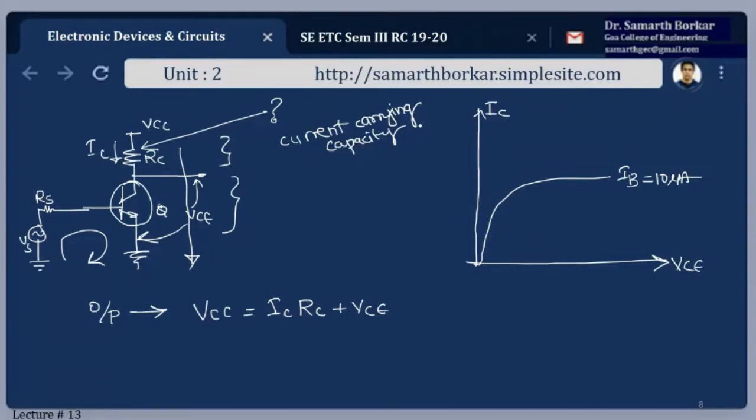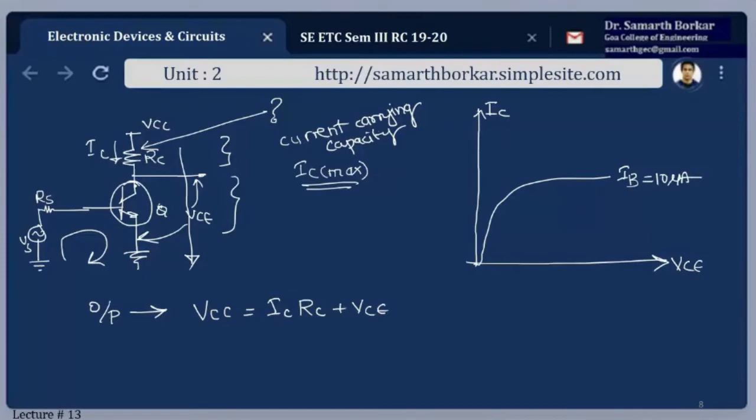Fine. How much current a particular transistor can handle is specified in the datasheet, and it is given as IC max. So this is another important parameter while choosing a transistor for designing any project. What should be the IC max? Say the current in this circuit is 100 milliamperes, and the transistor can safely carry a current of only 10 milliamperes. What will happen? It will not be able to withstand that much current, and it will get damaged.